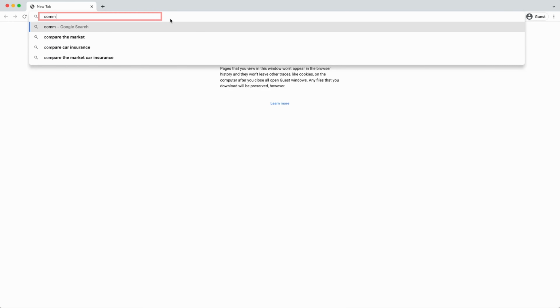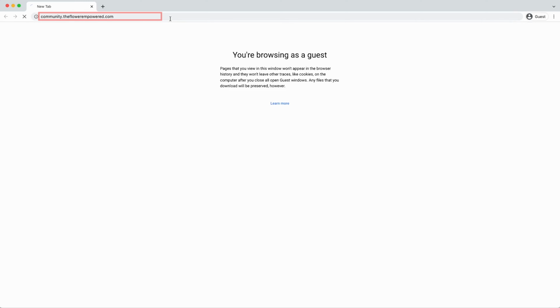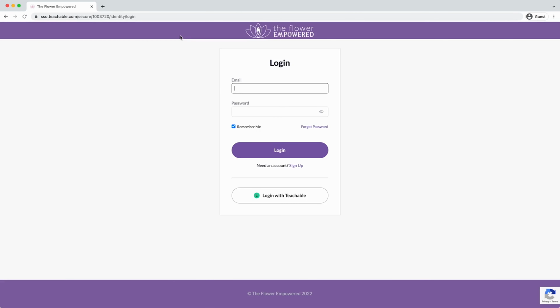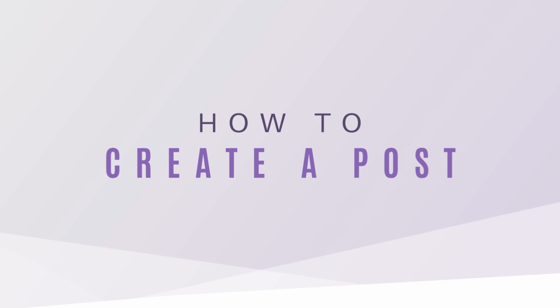To access the community, you want to type in community.theflowerempowered.com, and that will take you to your login screen. So you can just type in your username and password and click the login button. This is going to open the community, and the first thing we're going to do is look at how to